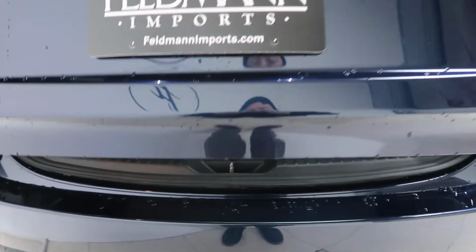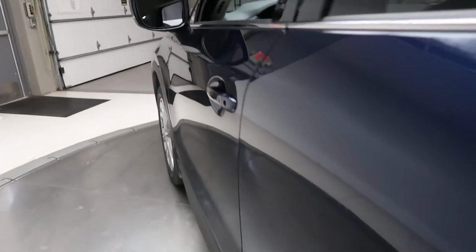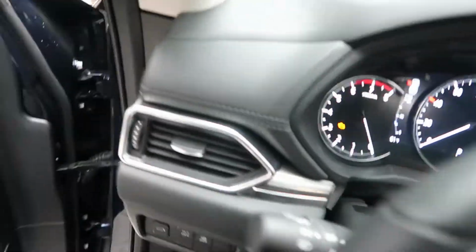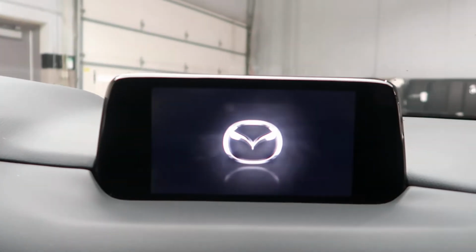CX-5 all-wheel drive, SkyActiv-G badging, power liftgate, a clean set of all-season and regular floor mats, fold-down rear seats, keyless entry, Bose sound system, power windows, power seats, memory seats, steering wheel controls with Bluetooth capabilities, pedal shifters for extra performance, a push-start ignition, rear view backup camera,